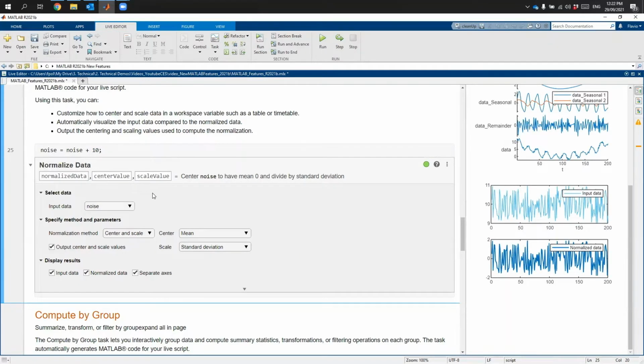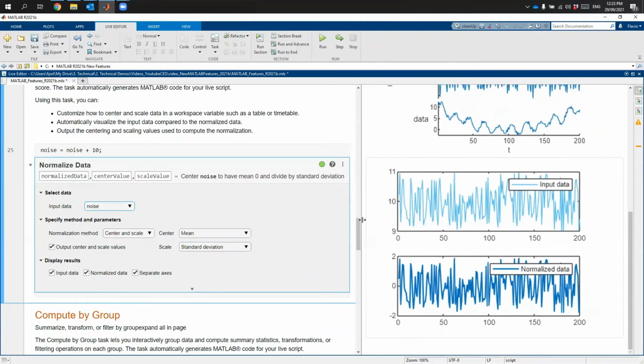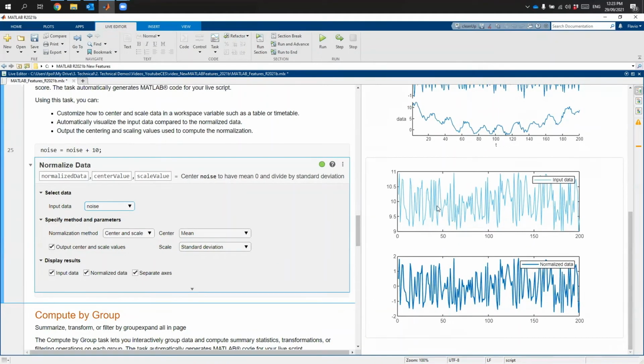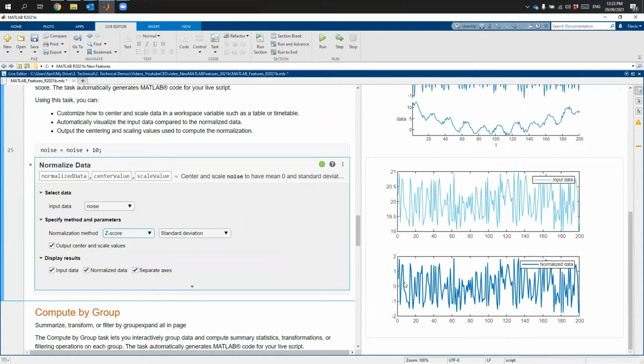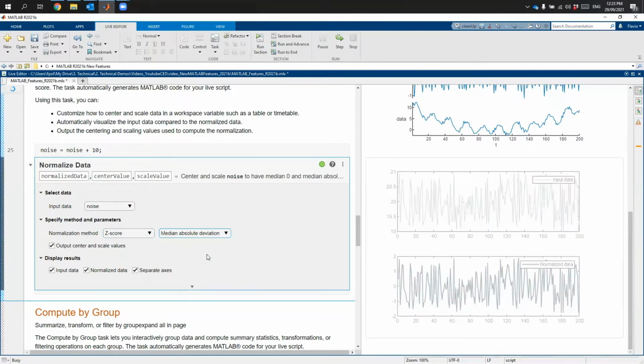So here, what I'm doing, I am using the noise data, and I can see the visualization of my input data, the noise data, and here is the normalized data. So I'm using this, you can use the z-score. You see it's normalized around 0 and goes up and down. So you have the standard deviation or median absolute. You can use